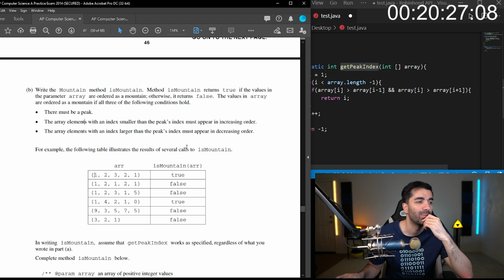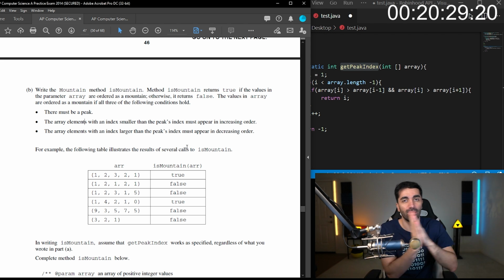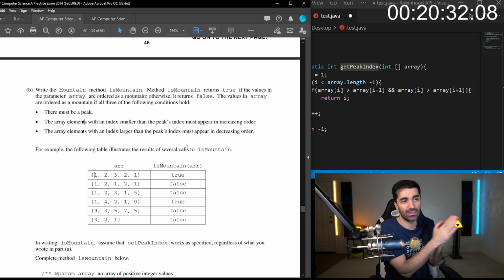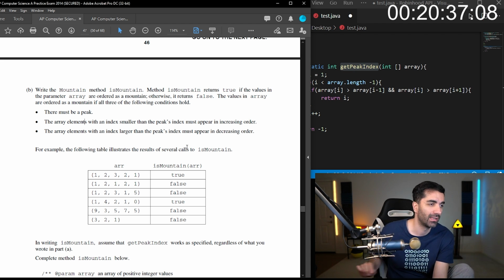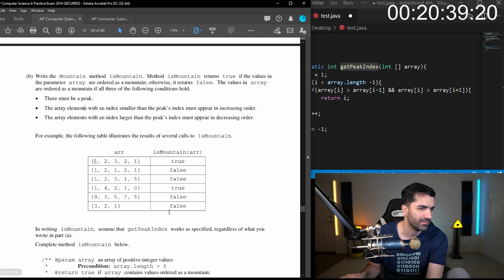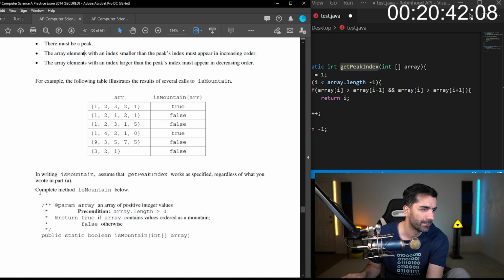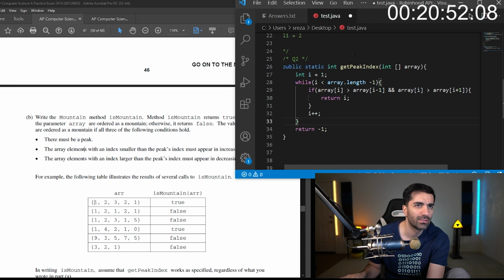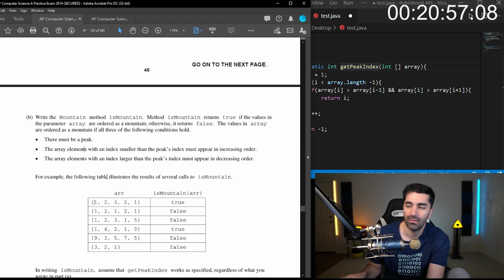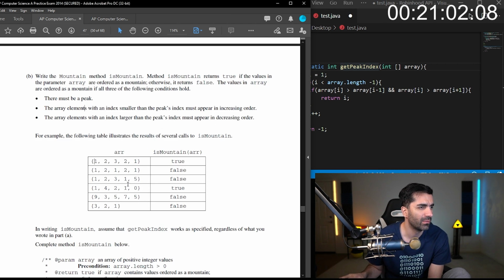So do we just need to get a peak and then have one method go to the left and make sure they're all decreasing, and then have another method that goes to the right and makes sure that all those are decreasing? So this is really more like get first peak index. Yeah, I feel like that would work, right?